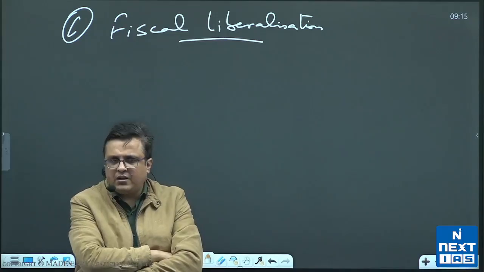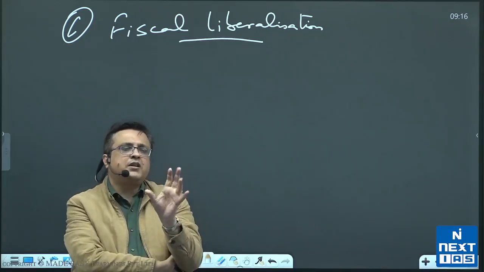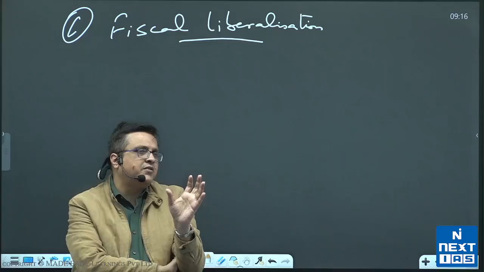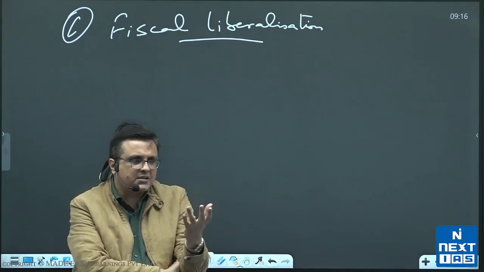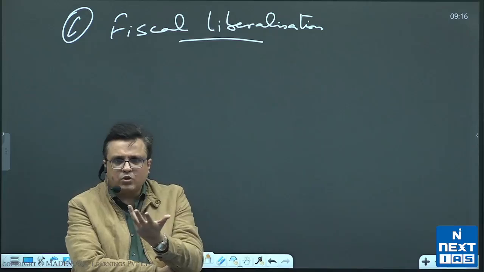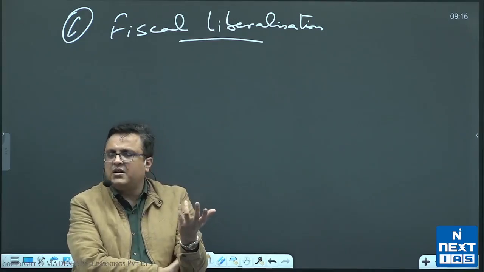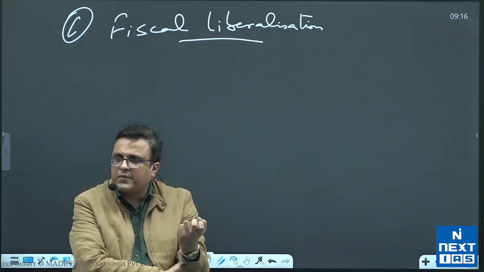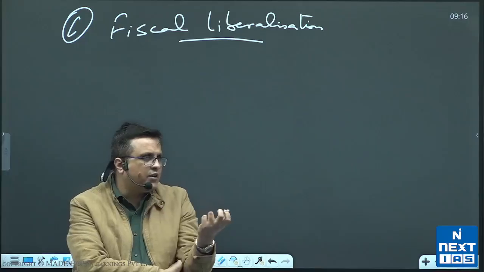Okay, you will be taught this, you wait on that, but I'll give you some hint. For example, income tax rate till 1991 used to be above 45% for the highest tax slab. This was brought down to 30% by 1990s. All right. Similarly, corporate tax rates would be 60%, again brought down to 30% by 1990s. So tax rates were reduced.